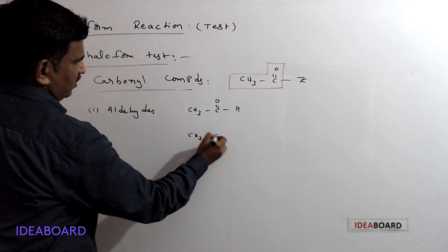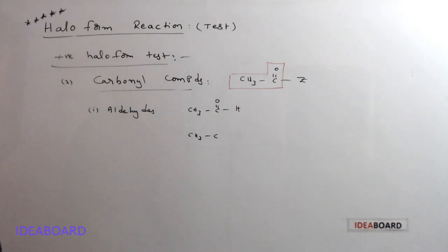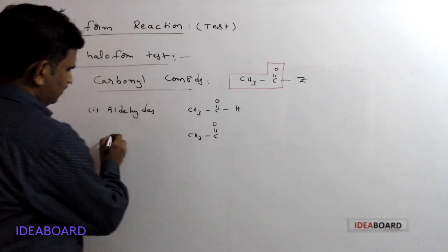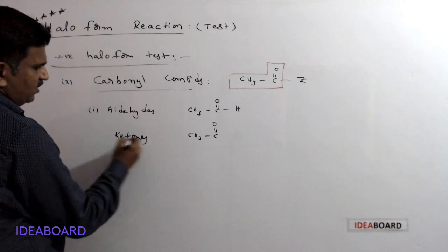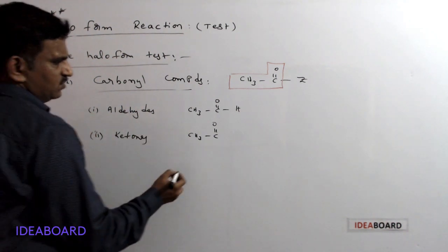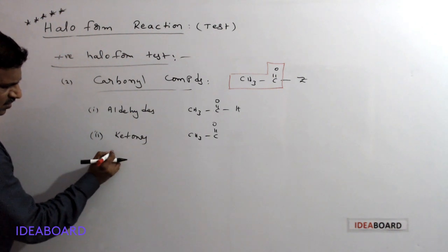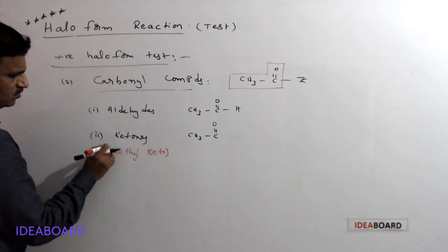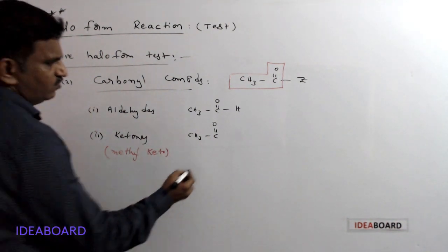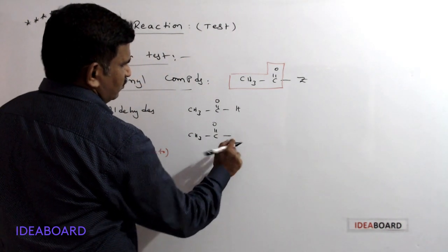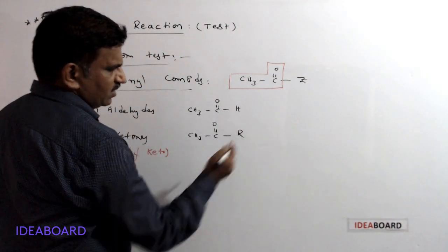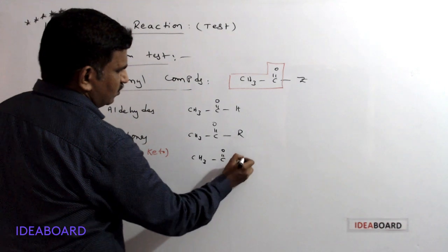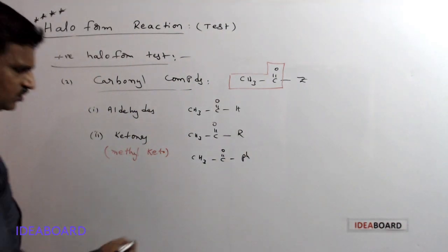And next, any other aldehydes will not give this haloform test. Only one aldehyde gives the haloform test. And next, keto group containing. Here the second is ketones. Ketones means generally any methyl keto group containing compounds. Any methyl keto group containing compounds will give it. Here, for example, we are taking R, R means an alkyl group, or we are taking CH3 C double bond O Ph, phenyl group containing compounds.